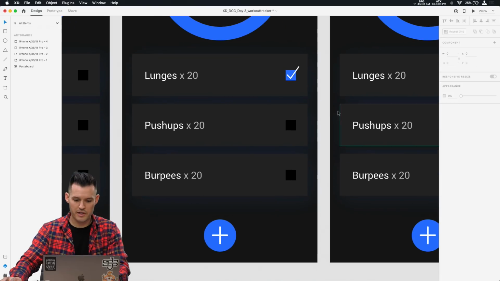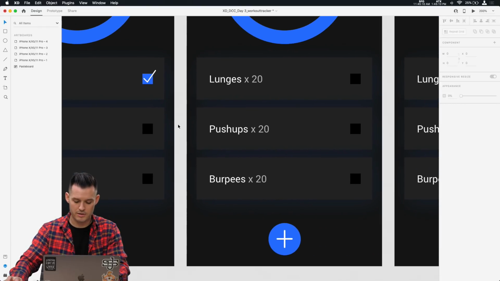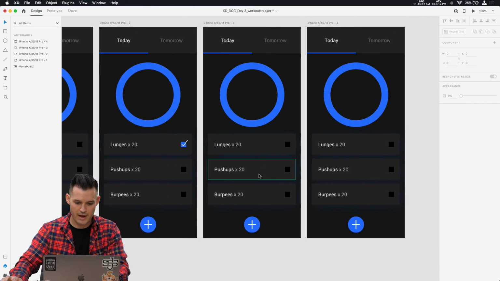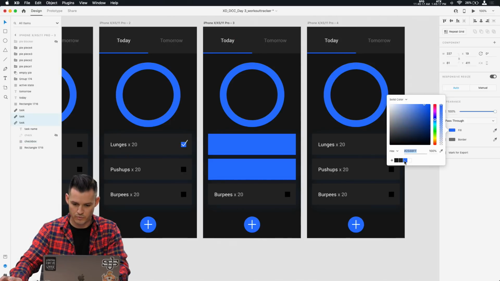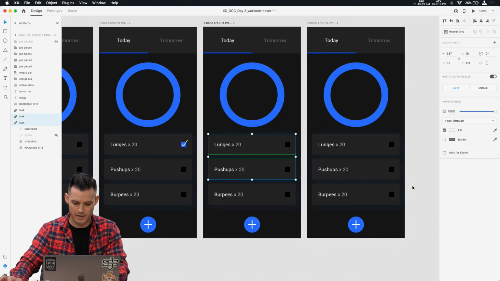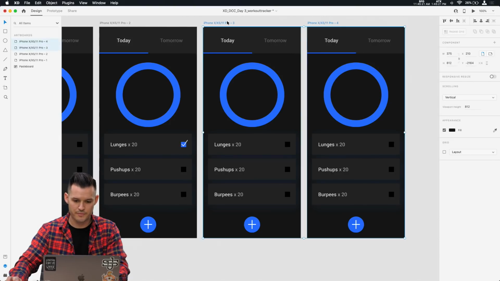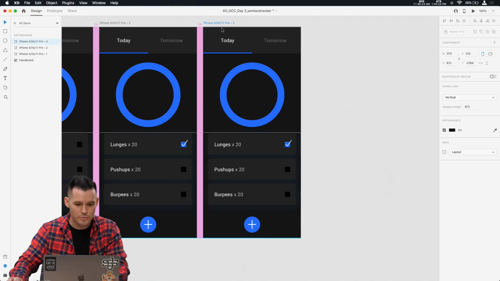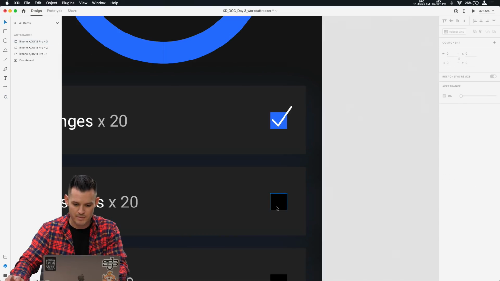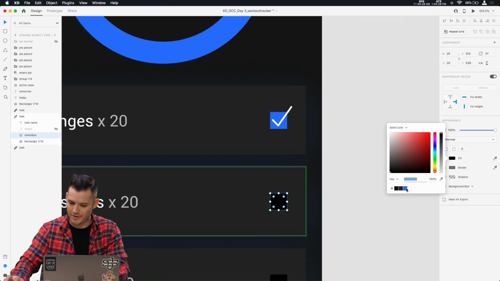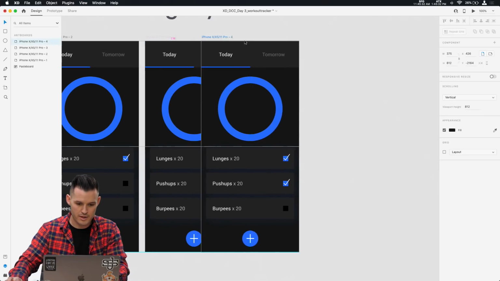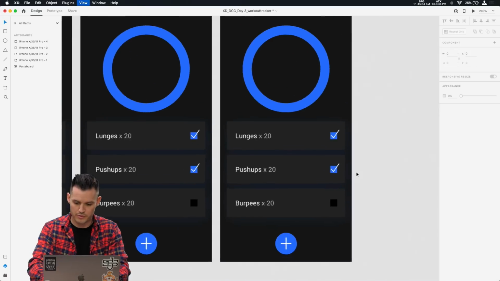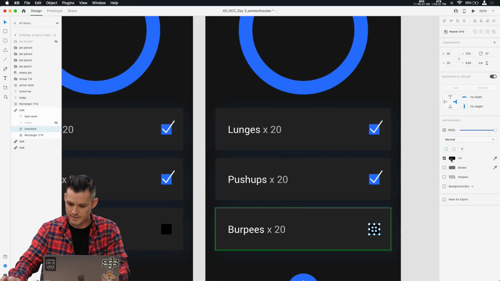Now we're thinking we're gonna click on our push-ups, and when we come out here, our push-ups and our lunges will be active. So we're gonna grab both of our squares this time, fill them, woo, watch out, I went too far. Let me back up a little bit. Actually, you know what I'd prefer to do? Delete these and then duplicate the artboard as we go so we have the same exact thing happening on each one. Turn on that check mark. Then we'll do this one more time. Let's bring out that artboard. Let's turn that one blue and turn on the check mark.